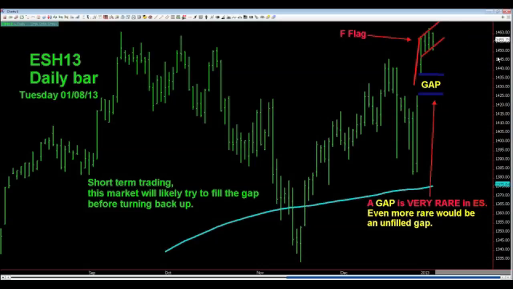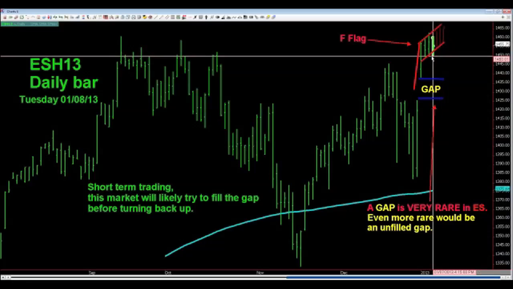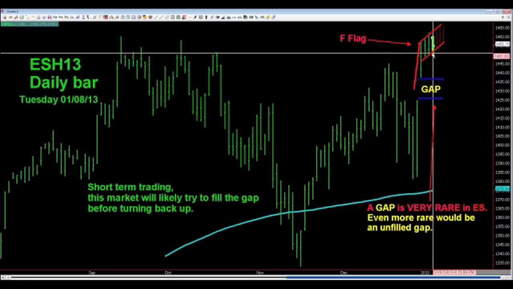Sometimes it breaks out to the upside of an F flag, sometimes to the downside, but the point is an F flag is usually good for action like this, and it continues on sometimes for days, if not weeks on end. But this particular F flag, as of the close on Monday, looks like it's starting to break down lower,